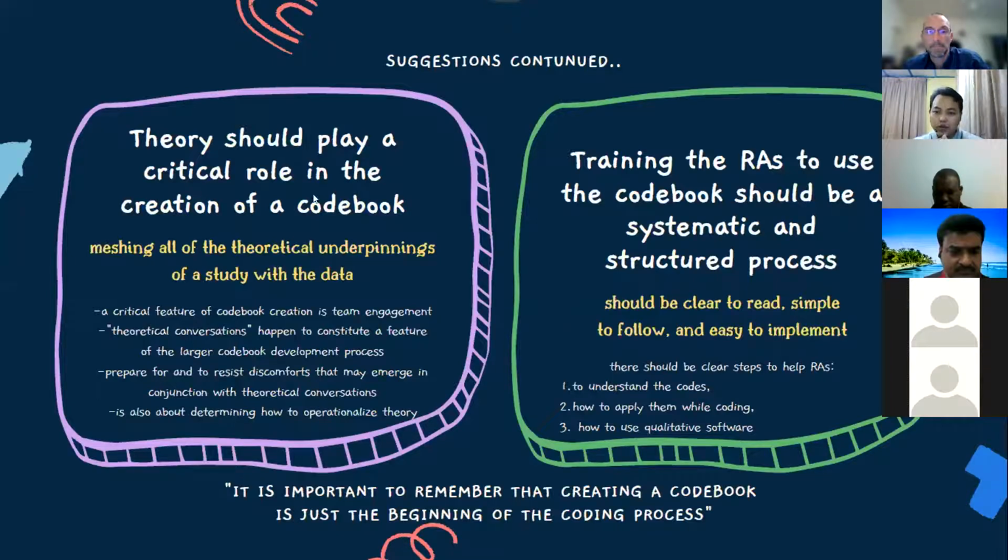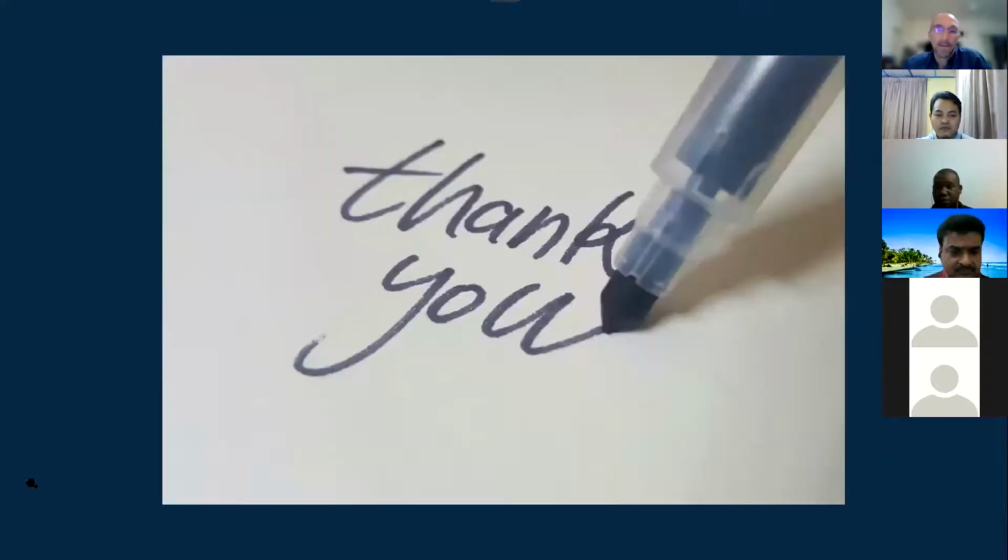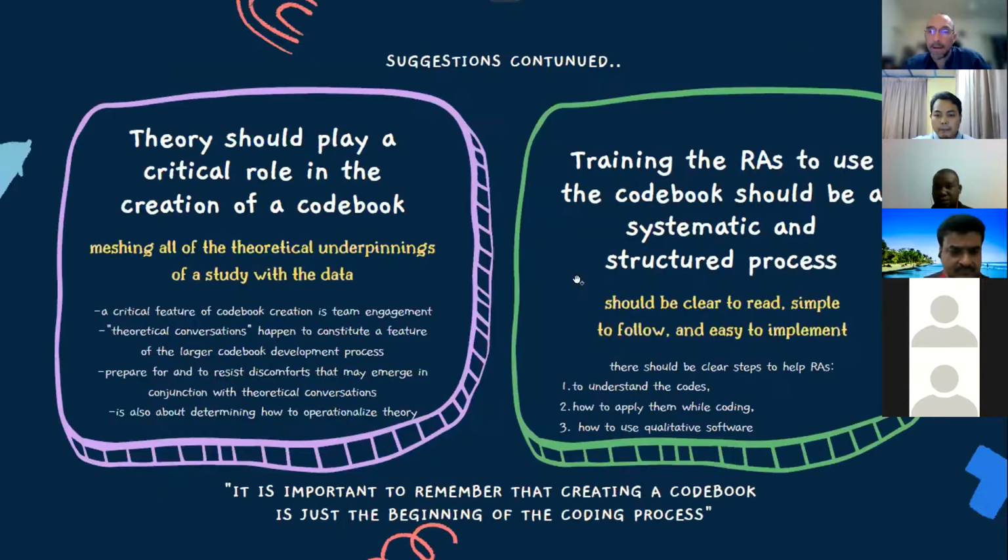The last one is training the RAs to use the codebook. It should be a systematic and structured process, clear to read, simple to follow, and easy to implement. There should be clear steps for RAs to first understand the codes, how to apply them while coding, and how to use qualitative software. Okay, so in terms of the training the RAs part, that's not very important for our purposes. They're talking about how they train their RAs, but what's important there is the fact that